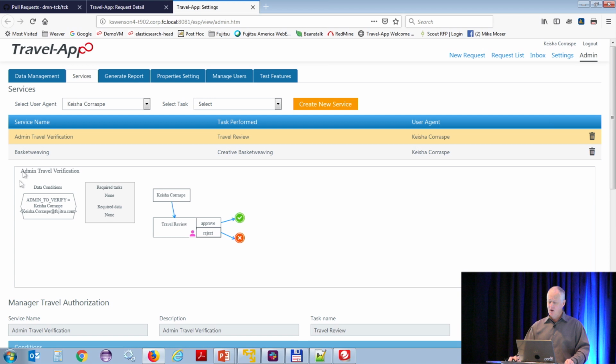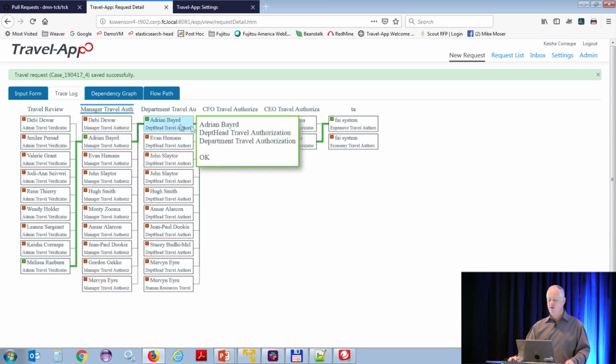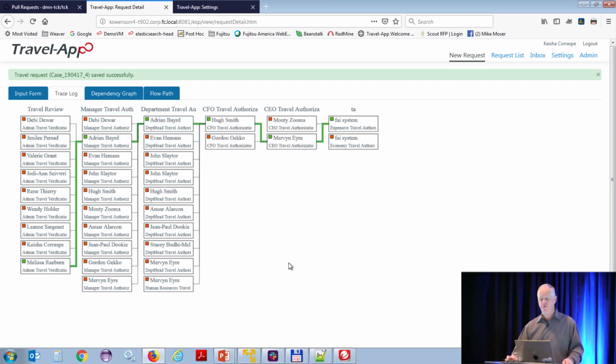So when you get back to the beginning, you have this task, travel review, and there are no required tasks before this. So since there's nothing required before this, that's where you can start the process. So let's go back and take a look at that. We start here in travel review, and then it was Melissa. I can show you Melissa's, but it's the same. And then you work your way through. So it's kind of like goal seeking. Your goal is to make the travel approval, and then we find out a way to do it.